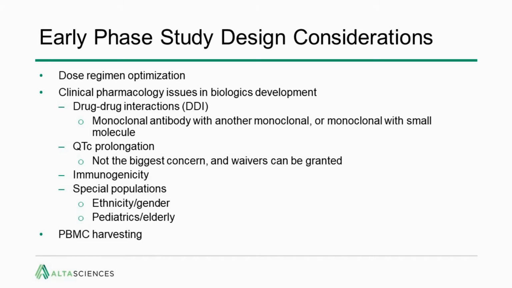A safety concern with QTc prolongation is not really the biggest concern, and so waivers can be granted to avoid looking at this specific safety marker. But immunogenicity is really one of the key factors in considering biologics and safety data. And it's not just safety. It is about whether these anti-drug antibodies have any effect on the efficacy of the drug, as well as an overexpression of an immune effect after the drug is given. We'll talk about that in more detail in the coming slides, but it's certainly a highlight